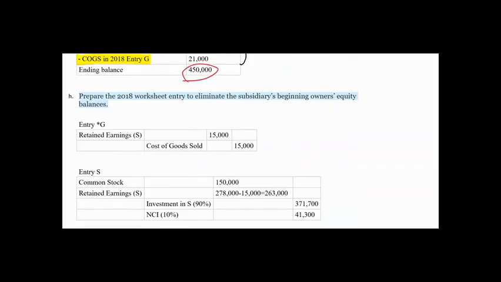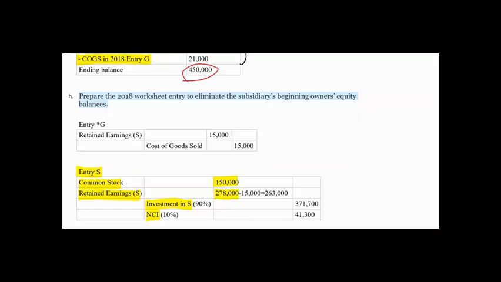Question H. Prepare the 2018 worksheet entry to eliminate the subsidiary's beginning owner's equity balance. That's actually entry S we need to prepare. In entry S, we debit the subsidiary equity accounts, which include common stock and retained earnings, and we credit investment in subsidiary and credit non-controlling interest. We know that the common stock balance is 150, and then what is the retained earnings balance? At the beginning of the year, the retained earnings balance is